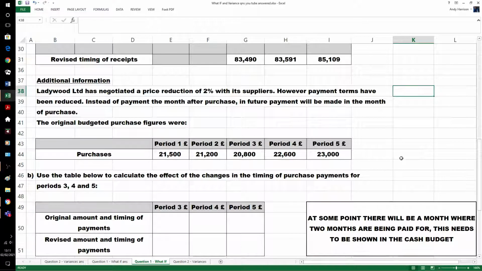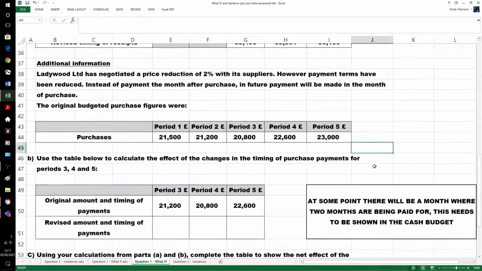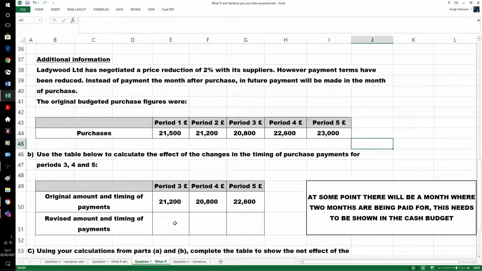So, first of all, we need the original amount and timing of the payments. It was straightforward. These are in pounds, not units. So actually period 3 would be paying the month after purchase. So straightforward copying almost, so marks for copying numbers in. Now a revised amount and timing of payments, so 2% off and the month of purchase. So in period 3 we're going to be paying period 3's purchases, which was